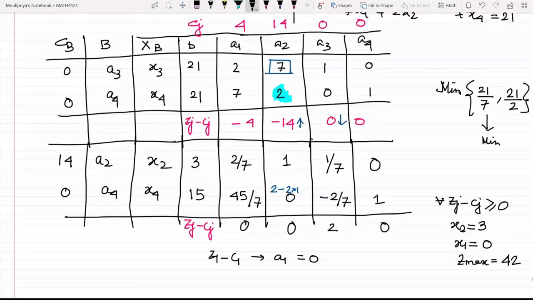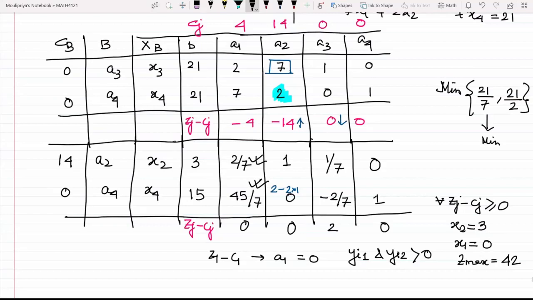And what we further find is that the elements of A1, that is 2 by 7 and 4 by 7, if I denote them by yi1 and yi2, they are both 0. So if this be the case, we are getting infinitely many solutions. That is, more than one solution is present in this kind of case.